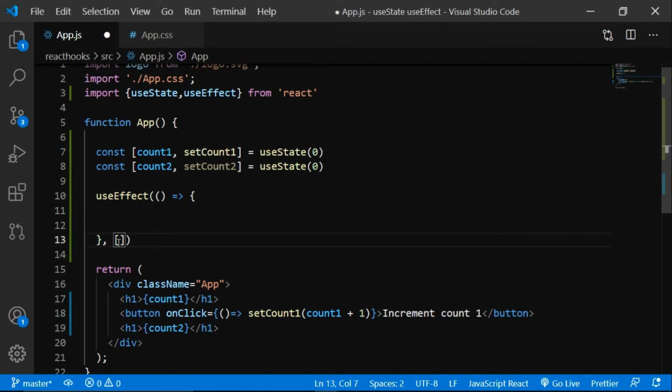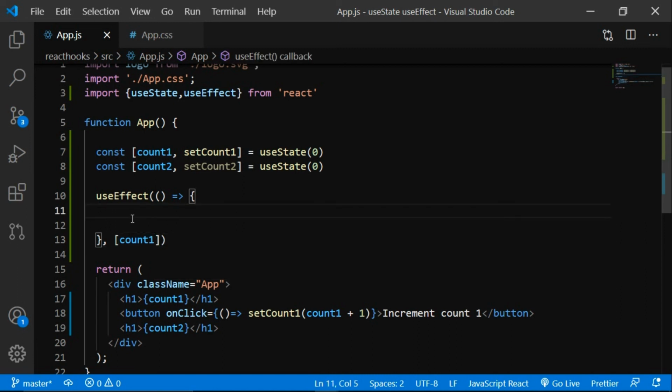So I want to basically add a dependency to the useEffect. So whatever is mentioned in this square bracket, when it changes, this whole useEffect is gonna be triggered. So whatever code is inside these curly braces is gonna be activated, or it is gonna be run in the computer. So I can simply add count 2, or you can simply add whatever you want. So let's write count 2, not count 2, count 1, right? You want to run the whole useEffect if there is any change in the count 1.